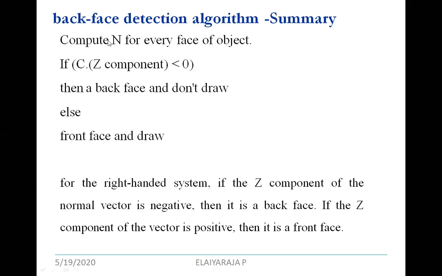So overall summary about the back face reduction algorithm: compute the normal vector for every face of the object. If you consider a triangle, it has 3 faces, so compute the normal vector for every face of the particular triangle. If it has 3 faces, you have to compute the normal vector for all 3 faces. Then if